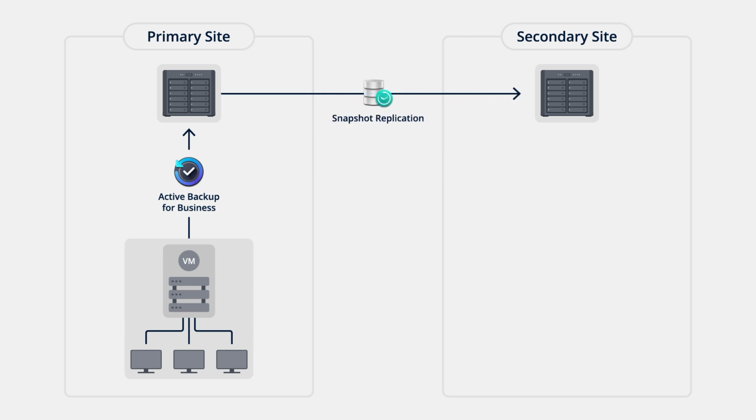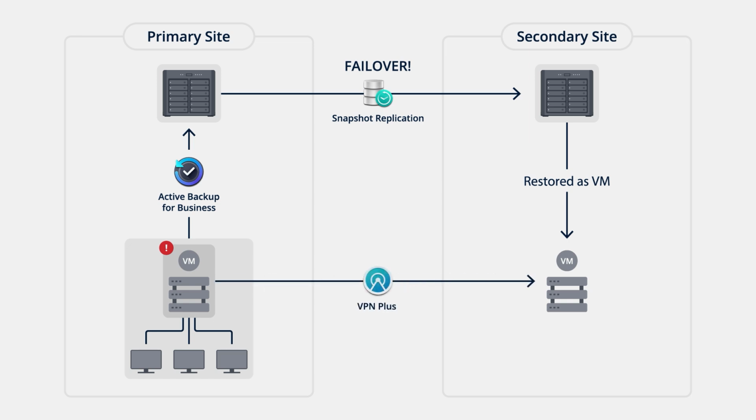You can then use Snapshot Replication to replicate to a secondary Synology NAS at a co-location facility, for example. When disaster strikes, you can actually fail over using Snapshot Replication, relink your Active Backup for Business data, and spin up a VM of that critical infrastructure at that co-location facility, either in Synology's Virtual Machine Manager or another platform like VMware. You can then use SRM 1.3 and the VPN Plus server inside of that to establish a secure site-to-site VPN between the two locations, at which point you can continue working. That's how Synology Router Manager will integrate with your disaster recovery plan.